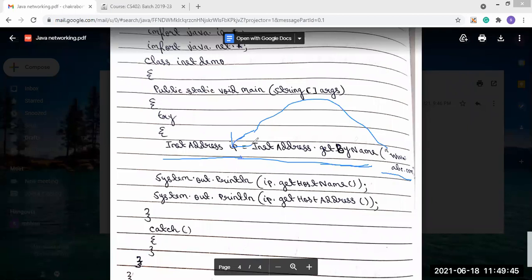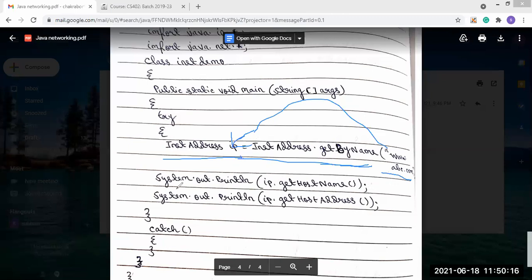That means whatever host name we send as a parameter will be stored inside the InetAddress object, the ip object. So the ip object now consists of www.abc.com.